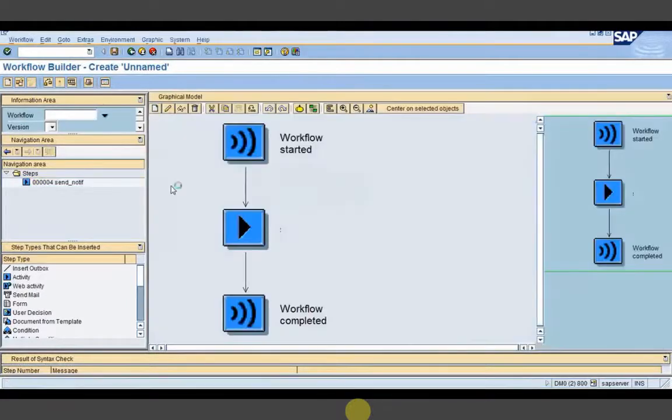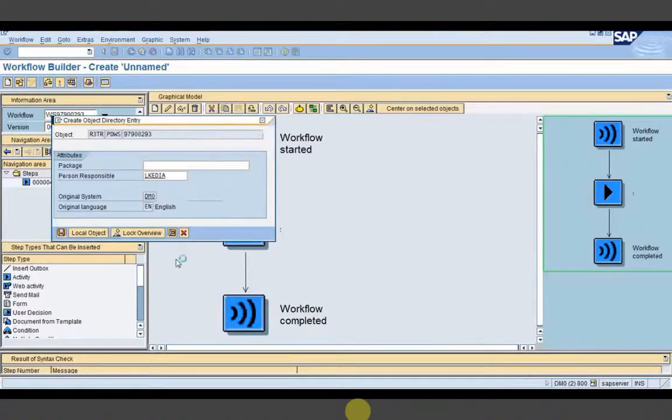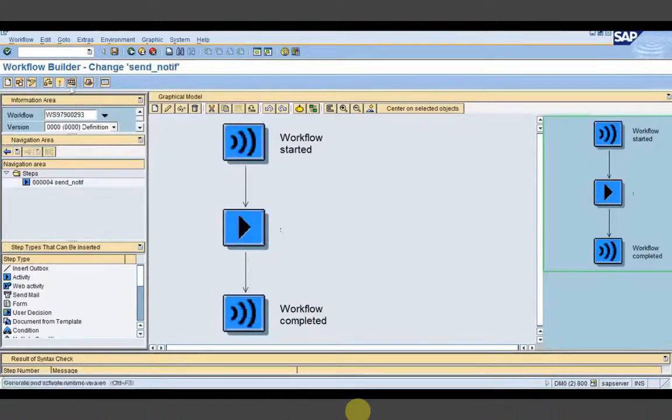Let's save it. Activate. Okay, it's activated.